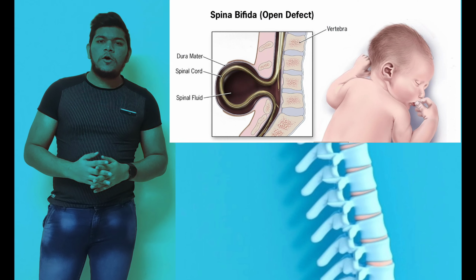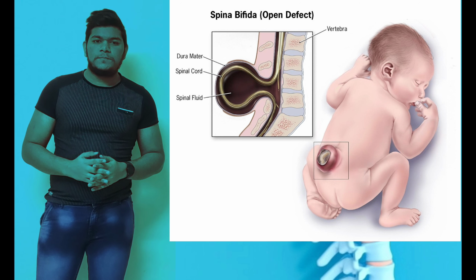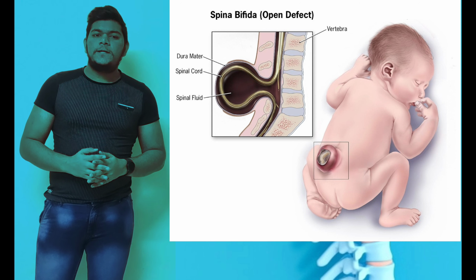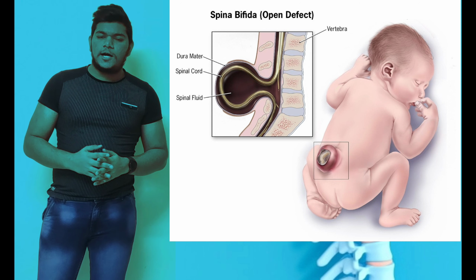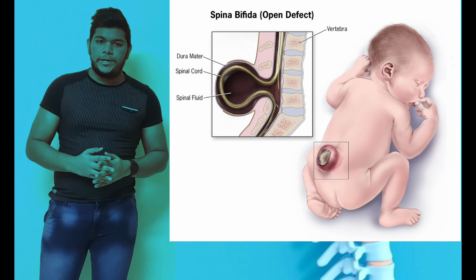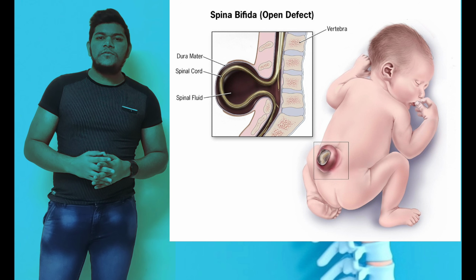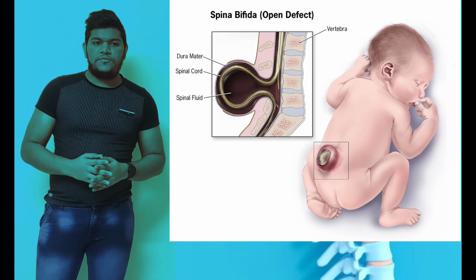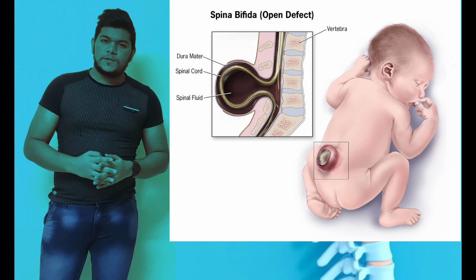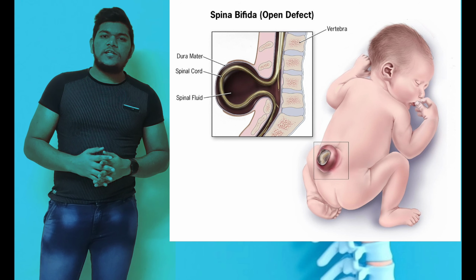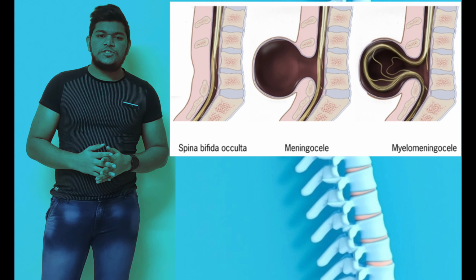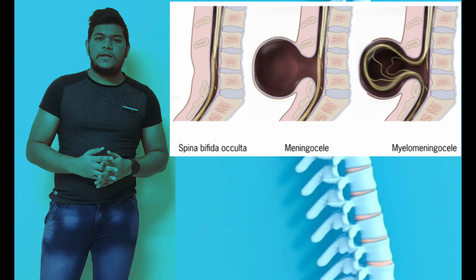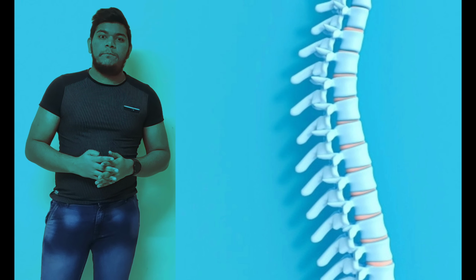Let's come to our final topic. Abnormalities of the vertebral column. Spina bifida. It is a birth defect. Here, two sides of the vertebral arch fail to fuse during development, resulting in an open vertebral canal or a cleft. Absence of the spinous process is seen, occurring usually in the lumbosacral region. Protrusion of the spinal meninges occurs and may contain cerebrospinal fluid, called meningocele.